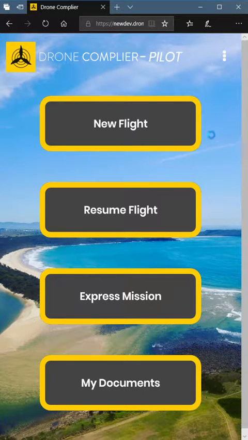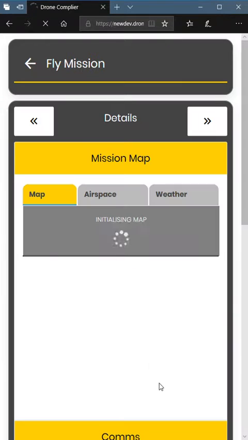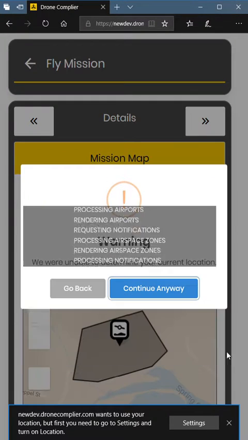So out in the field, the pilot's going to see a screen on this mobile app looking like this. So let's have a look at, let's say we're going to do a new flight on the field, and here's a list of approved jobs. So I'm going to pick that approved job just to show you that it'll come up with the same data